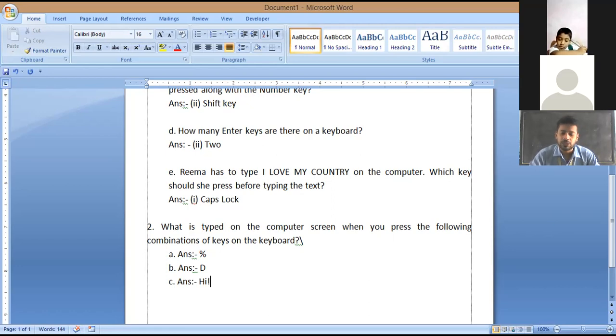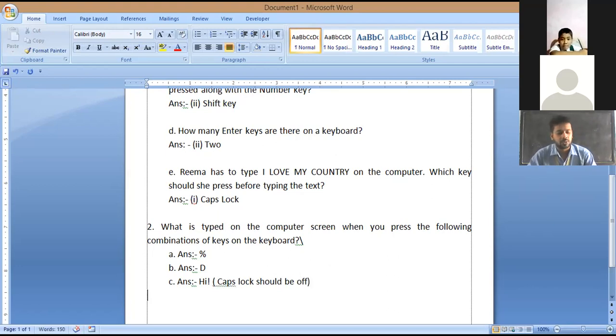Now in that case, we need to see that caps lock must be off. In order to print this, we need to write that caps lock should be off. If the caps lock is on, then it will not print this, it will print something else.